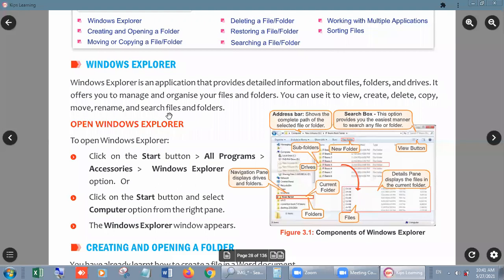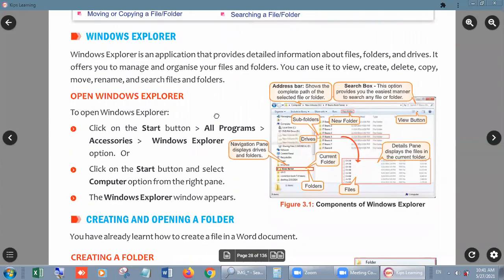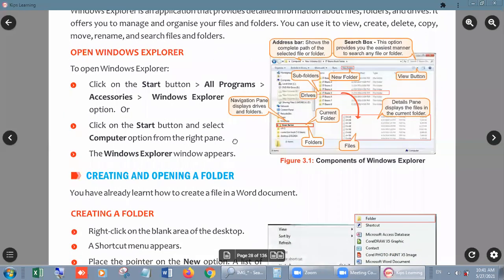If we want to find any file or folder in the computer, Windows Explorer will help us. This kind of software is very useful for searching, viewing, creating, deleting, copying, and renaming files and folders. Let's move on to how we can open it.